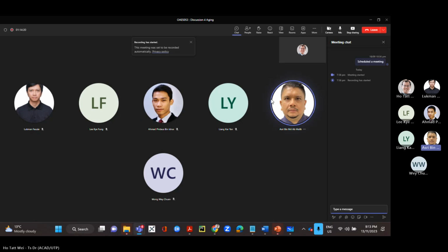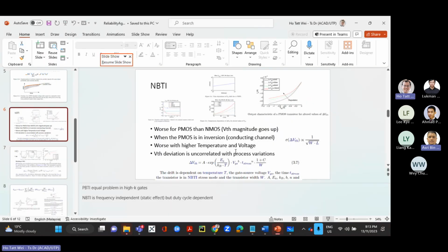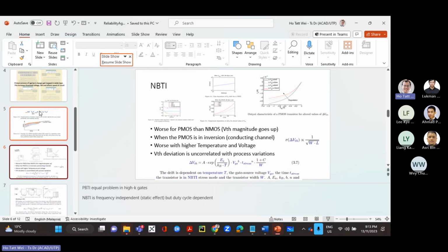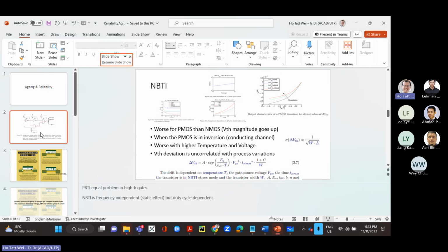Good evening, Astri. For this aging topic, you're going to be asked in test number 2, is it? Yes, it's going to be one of the questions in test number 2, and it also will be one of the questions in the final exam. So in the final exam, there are 4 questions. Test 1 has 2 questions, test 2 has 2 questions, but test 1 and test 2 will be exactly mirroring the final exam. The way of asking the questions in test 1 and test 2 will be exactly the same in the final exam. The only thing is I will change the circuit, I will change the numbers, I will change some of the questions a bit, but the style will be exactly the same.